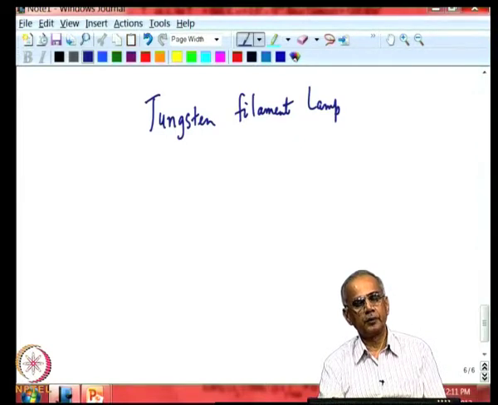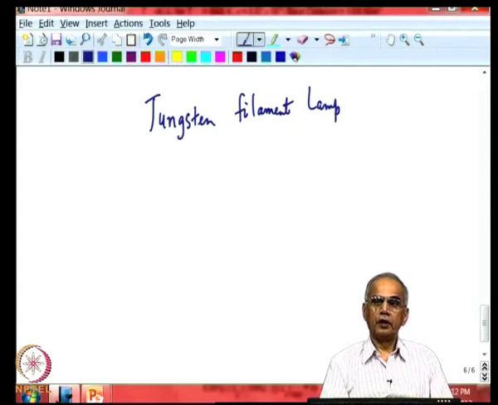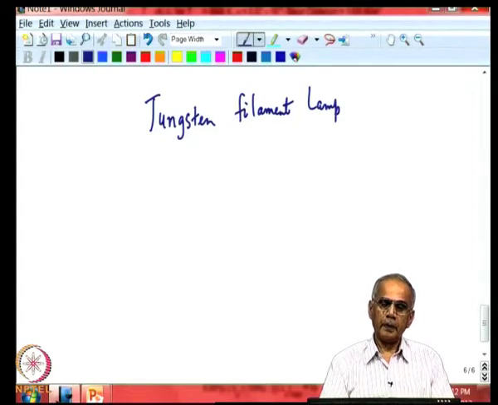Typical tungsten filament lamp converts around 5 to 8% of the electrical energy consumed into visible light. Tungsten filament lamp emits mostly in the infrared. So, tungsten filament lamp is not a good way to get light energy. It is a very efficient way to get energy for heating. Infrared radiation, for example, is used in industry for infrared heating of various materials, but it is not a very good source of visible light,